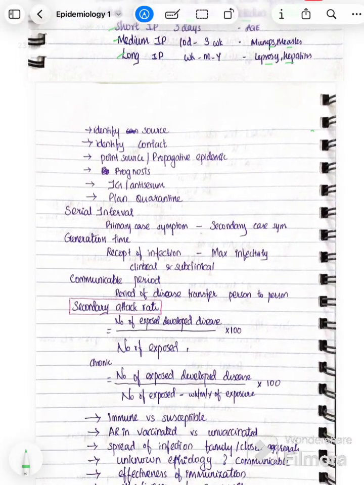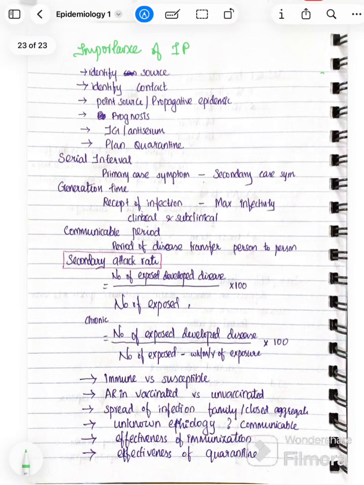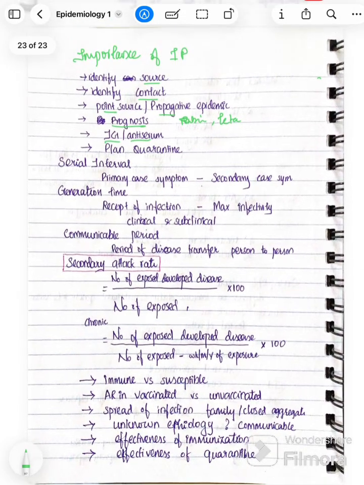Now, what is the importance of the incubation period? Using this period, we can identify the source or contact at that time, and we come to know whether it is a point source or propagative epidemic. In a point source epidemic, all the cases occur within the same incubation period. Some disease prognosis can also be calculated by this. In rabies and tetanus with short incubation period, the prognosis is very poor, and we can give immunoglobulins and antiserum in this period to prevent the disease. And we can plan quarantine